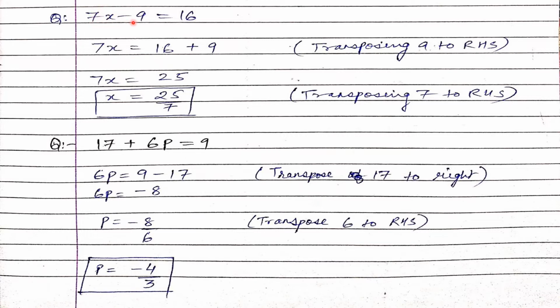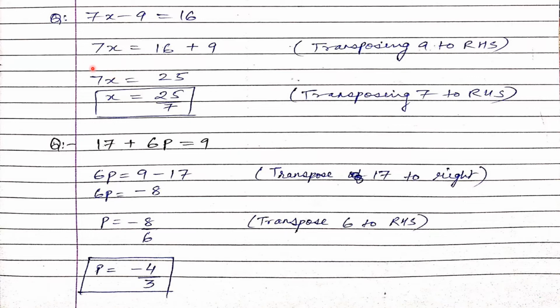You can see this minus 9 is less close to x, so it will allow -9 to go first to that side. It is just a story so that you can understand the method. So this x will allow -9 to go there first. As it is negative over here, when it goes to that side, it becomes positive. 16 plus 9 is 25.